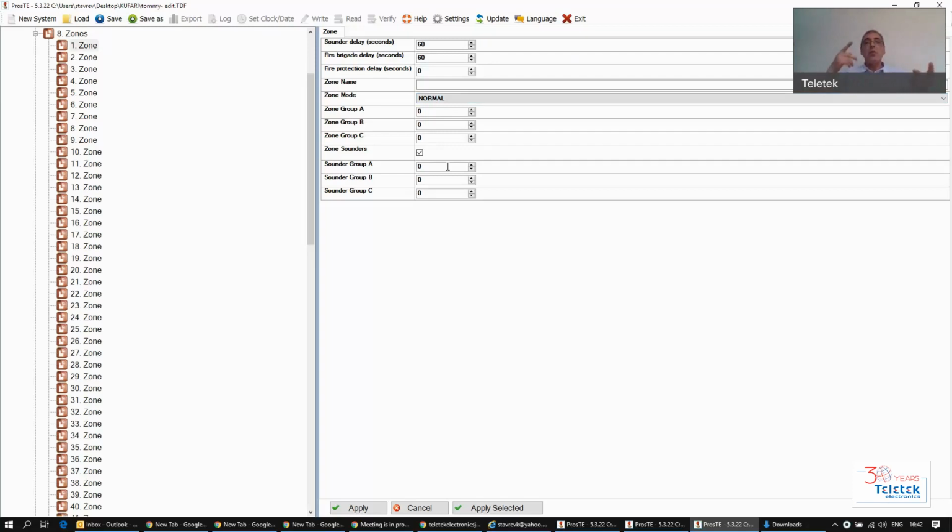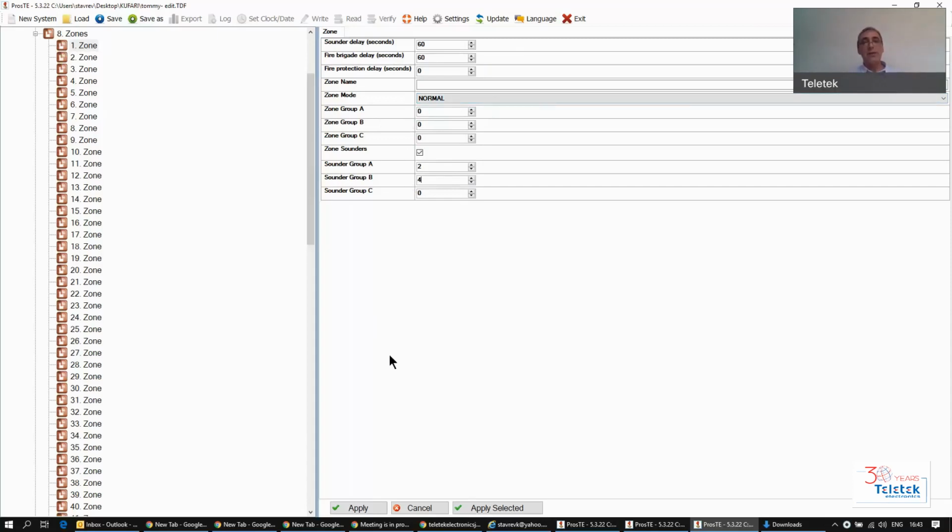That's okay, but you need to warn the couple neighbor houses by turning on their sounders as well. So you want to activate sounders that belong to group number 2, respectively house number 2, and sounders that belong to group number 4, respectively house number 4. So if I set this zone to activate groups of sounders number 2 and number 4, when this house is on fire, it's going to turn on its own sirens, plus all the sirens that belong to group number 2 and group number 4. So I guess with this we'll end the mystery about this